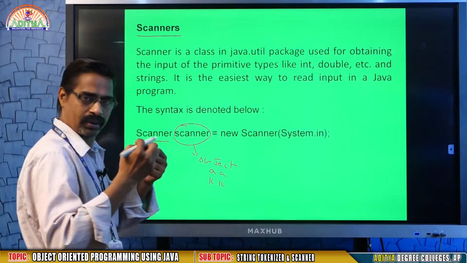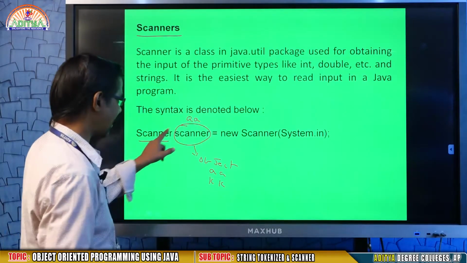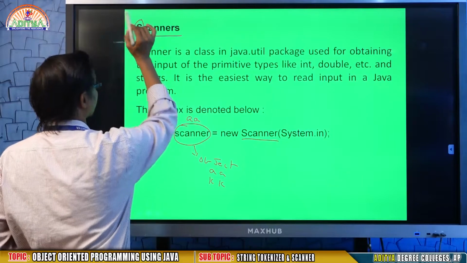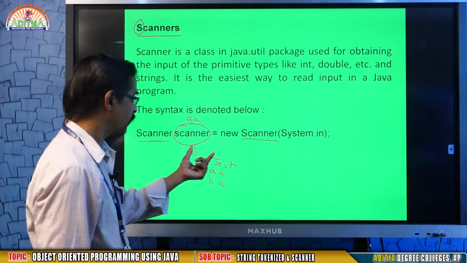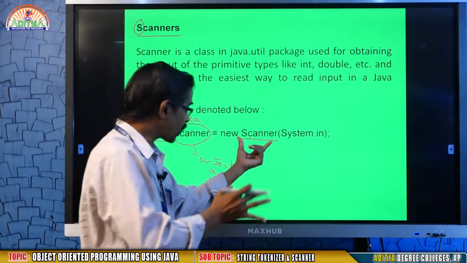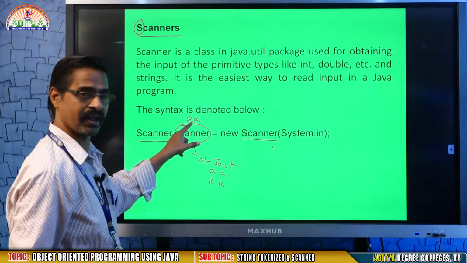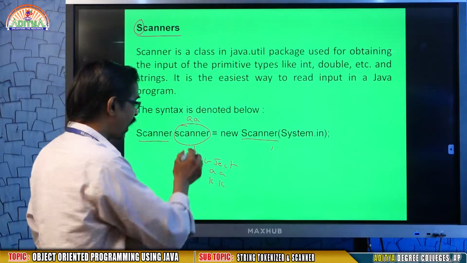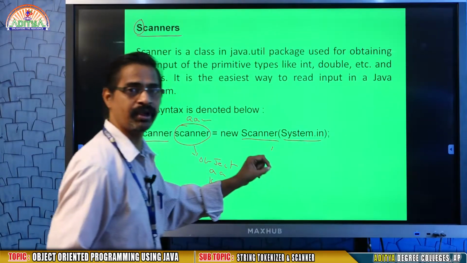Or if you are getting any trouble or feeling any doubt, you may write AA. Scanner AA equal new Scanner of System.in. S should be capital. So always use a class with the new operator, because from the class we are creating an object. Creating an object means the methods that are there in Scanner will be loaded into the object. The address of the object is referred to by AA or sc. Now later on, if you want to read a value, you have to use this AA or sc. System.in, already told to you, is from the keyboard.